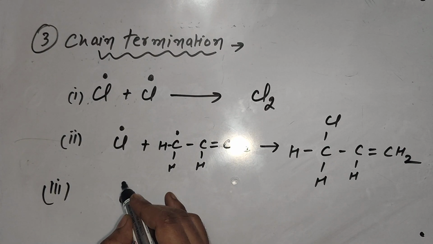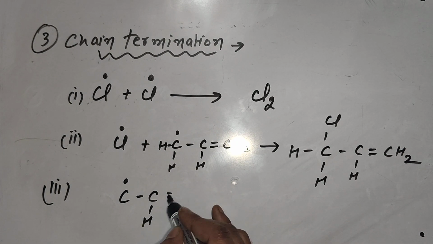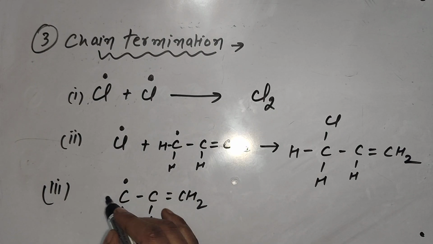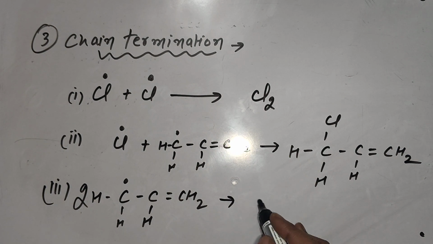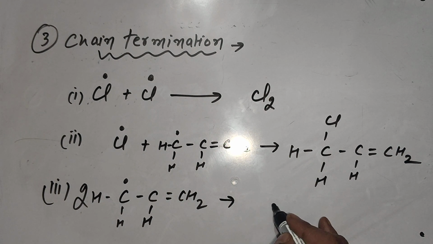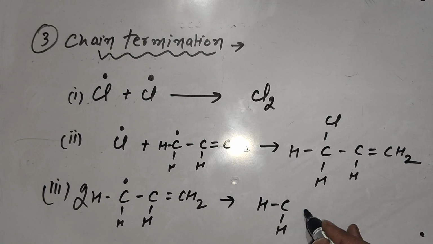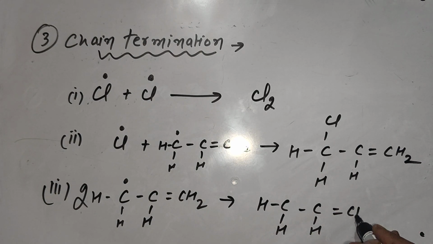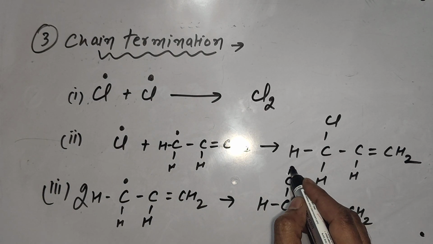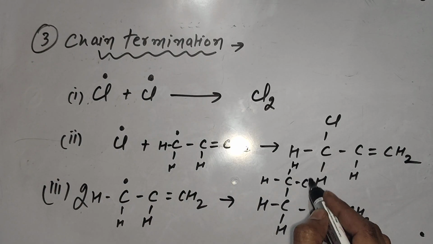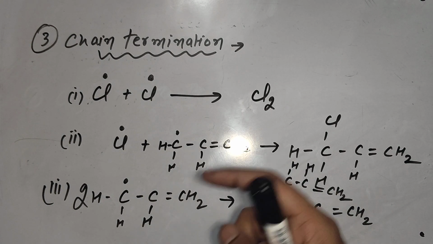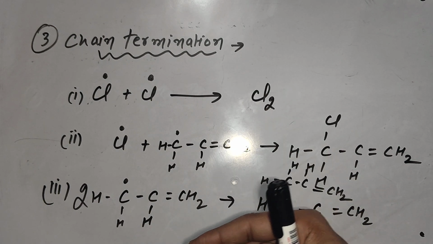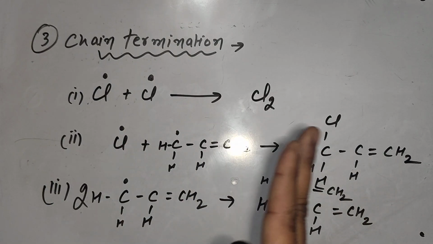Third, two allyl free radicals can combine to create, if you join, then you will find out, a molecule like this. So all these three reactions are trying to stop the process, because in all these three reactions no new